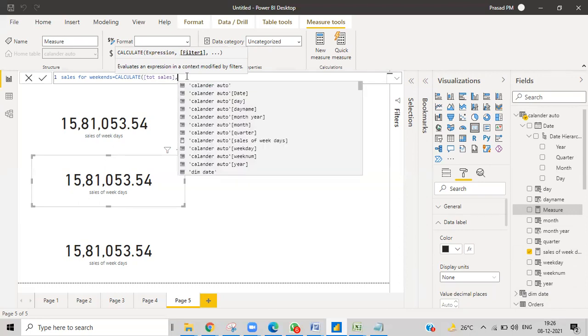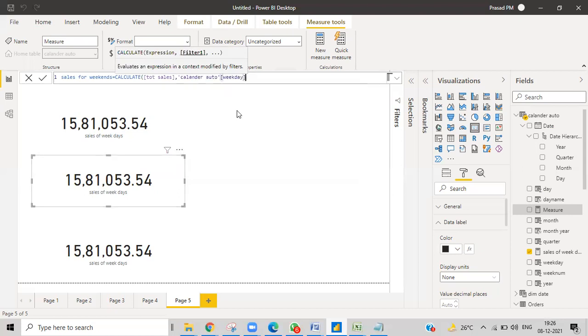So what you can do is the calendar week number. What is that? Weekday, right? Weekday or week number? Weekday. Week number is the complete 52 weeks. Weekday is that week. If you have any doubt, you can go into the table, see the column name and come again over here. If you want to get weekends, what do we need to give? Obviously it should be greater than 5. If it is greater than 5, it should be 6 or 7, meaning Saturday, Sunday.